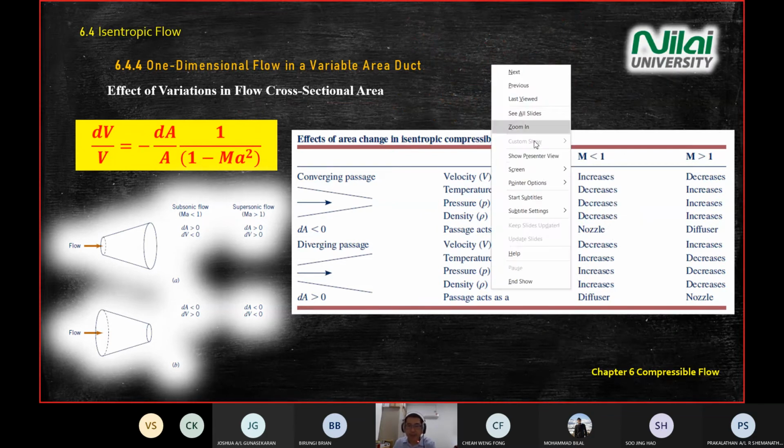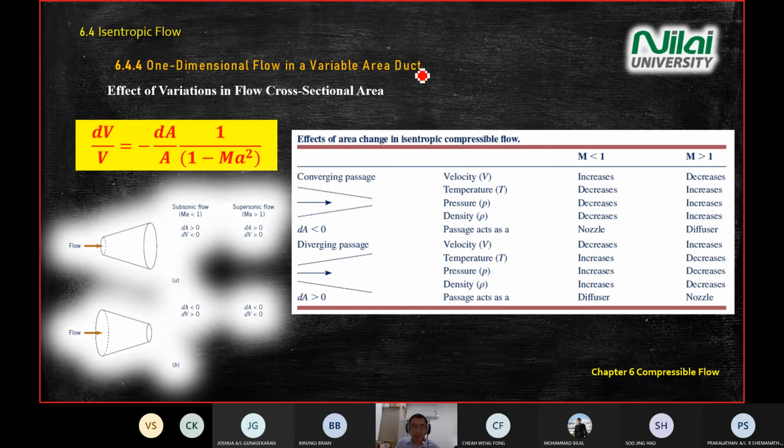Okay, the first one I'm going to ask. Let's say you have a diverging setup. By looking at this table, I just want you to tell me whether it is possible or not, and why, based on this table. So let's say your flow comes from here, and you have a diverging passage. Now let's say your velocity measured at point 1 is 100. My question is, when it comes to point 2, this is point 2, this is point 1, when it comes to V2, is it possible that